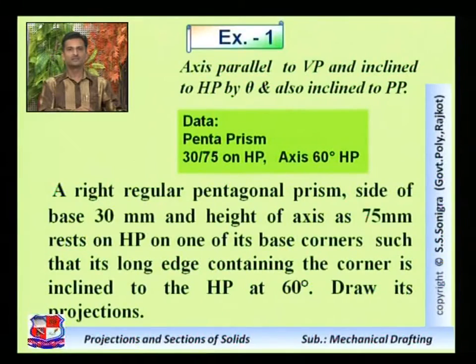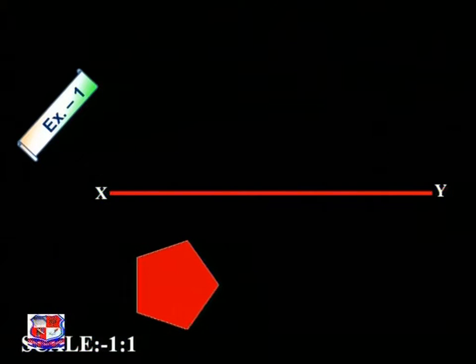So let me draw this problem. First of all, draw the XY line that represents the intersection of HP and VP, and then draw a pentagon below the XY line such that one side, this side, is at right angle to this XY line. Insert the dimension, that is 30 mm in this case, and name the endpoints